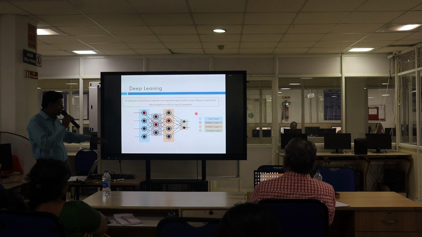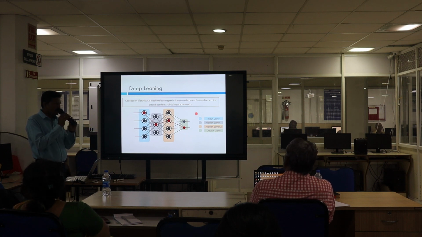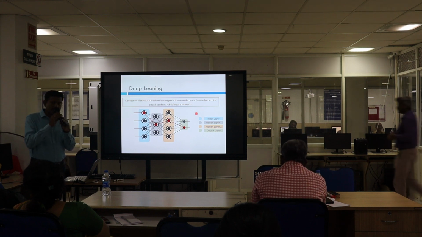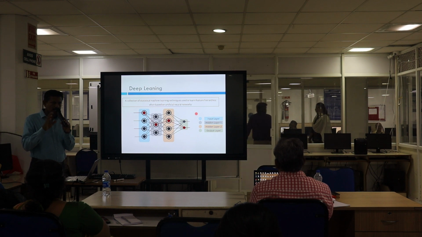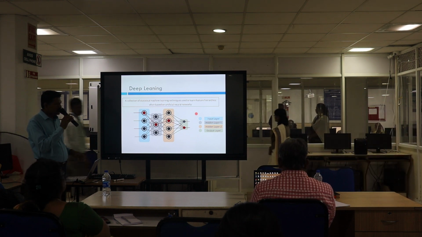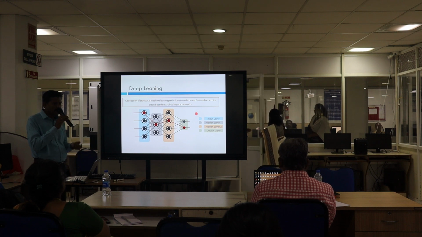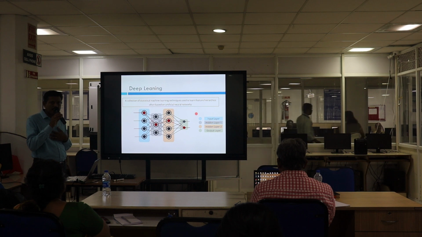This is the first layer, second hidden layer, third hidden layer. By applying the different hidden layers, each and every hidden layer will get one output. By combining the outputs, we will derive the final output. So the input layer is used for identifying a particular feature, for example the face I am going to authenticate.